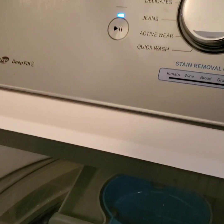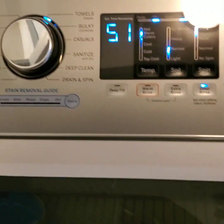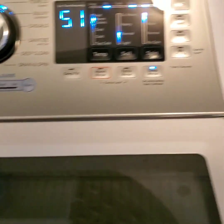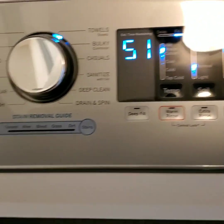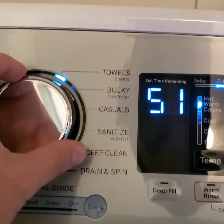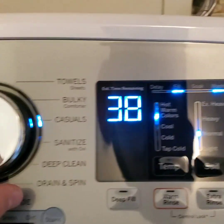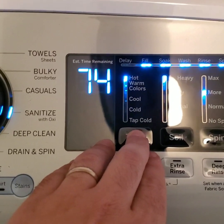This one's a little bit unique in the sense that, well, I'll show you when we do our first load. The lid locks for a second and then opens, so that way you can just toss in garments as it does its soak. But we'll get there in just a little bit. As of course you see the Arctic blue light. Now that goes through all your settings, and it changes the presets here that you have complete control over on